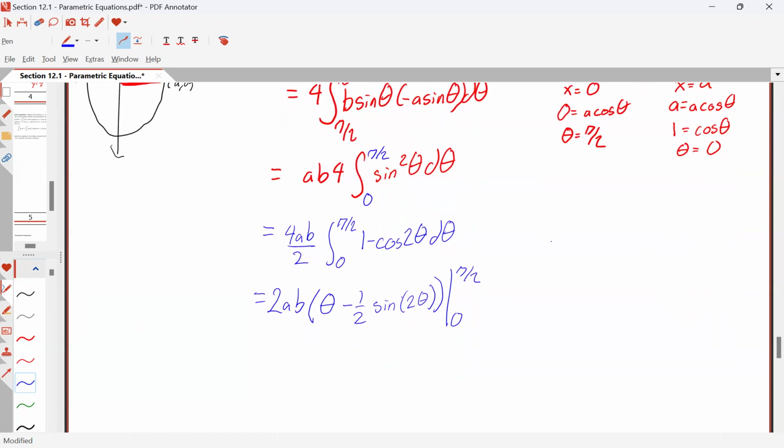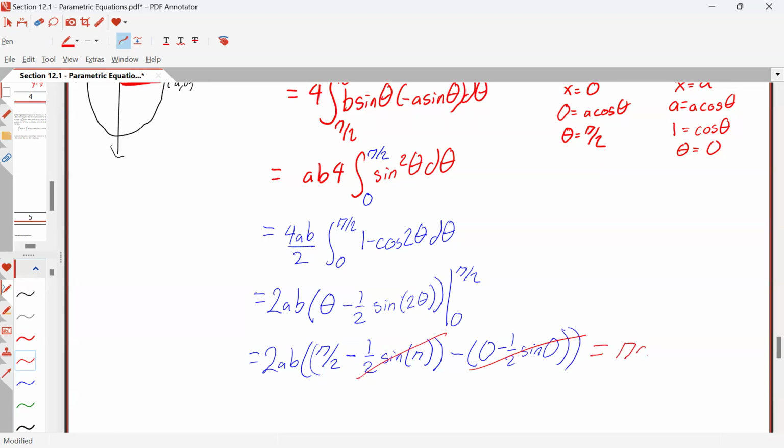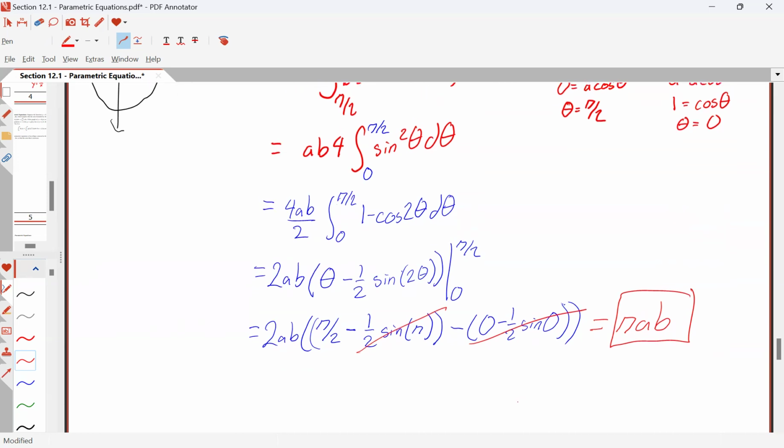Plugging in bounds, we get 2ab times pi over 2 minus 1/2 sine of pi, minus 0 minus 1/2 sine of 0, where this is all 0, 1/2 sine of pi is 0, leaving us with pi times ab as the area of an ellipse. So if we know those two extreme points,